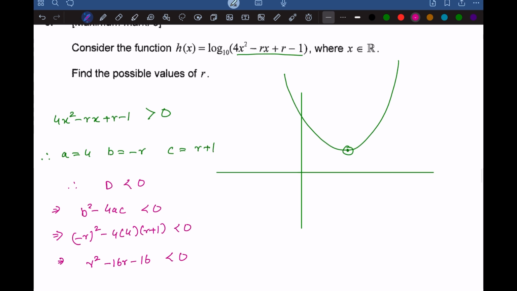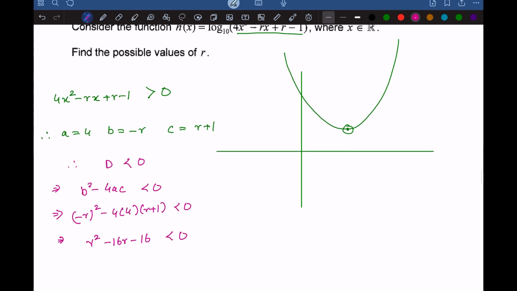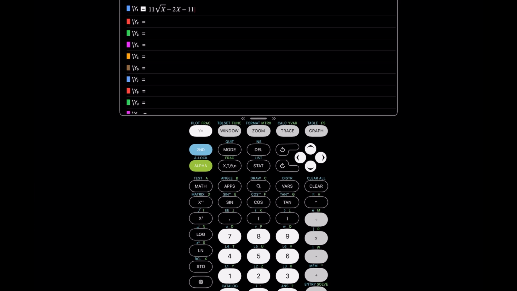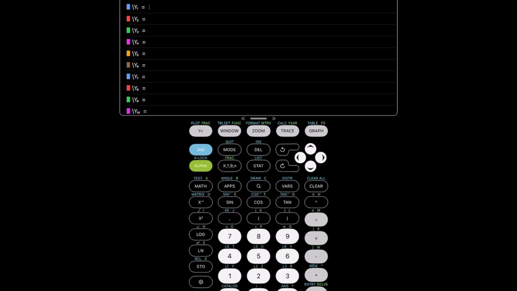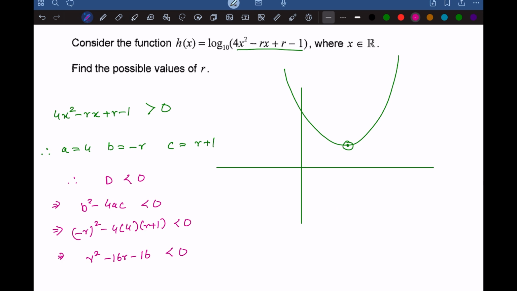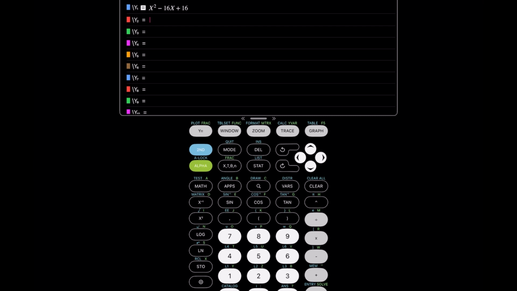Now we have to solve for the values of r. To solve this, we can just plot it on our TI, and I will get the intervals. Instead of r, I'll take x, of course: x squared minus 16x plus 16. Now if I graph this,